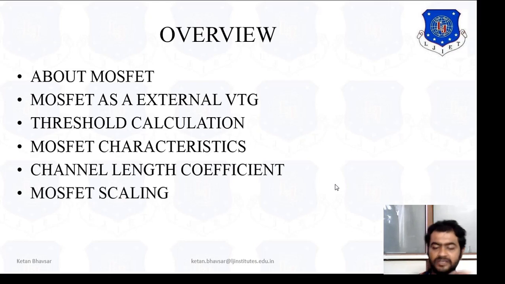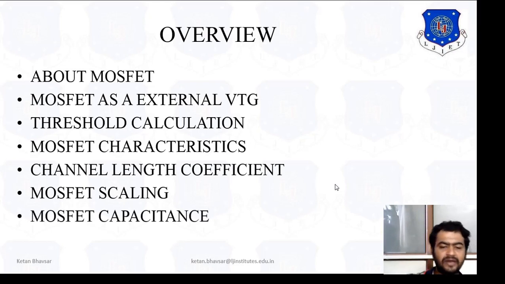And after that we studied the MOSFET scaling factor in terms of constant field scaling and constant voltage scaling. We considered the physical parameters and applied voltage parameters like L, W, XJ, COX, TOX, and also VDD, VTO, VDS, VGS in constant voltage scaling, and we considered the power density, power coefficient, and drain current ID equation. And also the MOSFET capacitance, the two types of capacitance that we studied in this chapter: oxide related capacitance and junction capacitance.